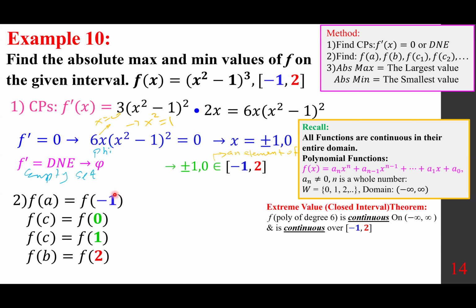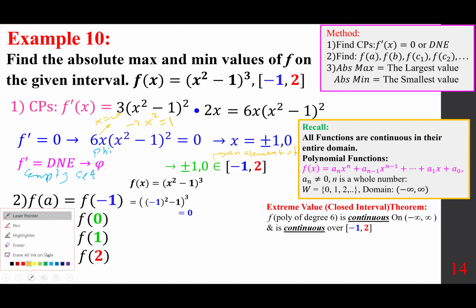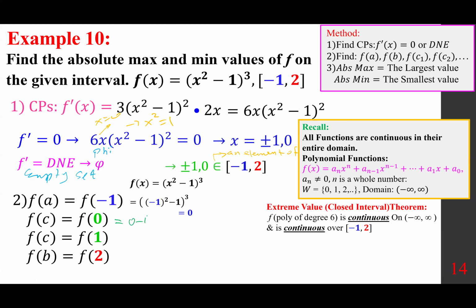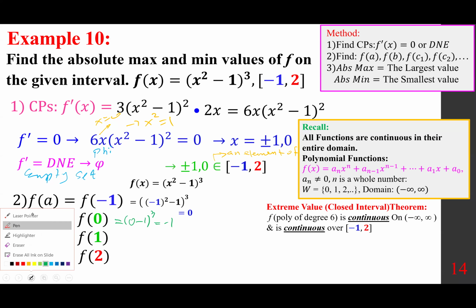So for example, for -1, if I plug in here, I get (-1 squared minus 1) cubed. And I hope you recognize that this is 1 minus 1, which makes it 0, and cubed you get the same thing. If I plug in 0, I get 0 squared minus 1, which is minus 1. When I cube it, I get -1. I hope you recognize that 1 works the same as -1, because when you square it, it becomes +1. So 1 gives you 0 also. And 2,